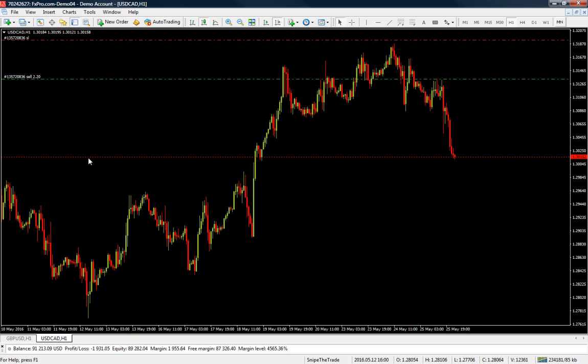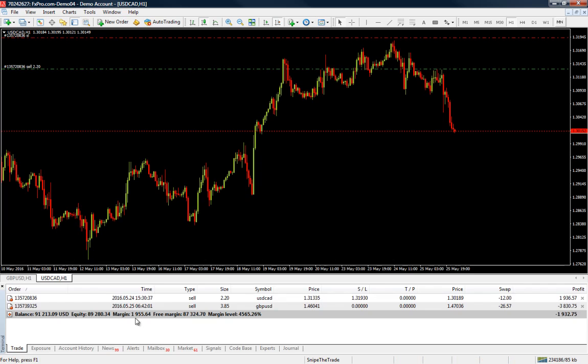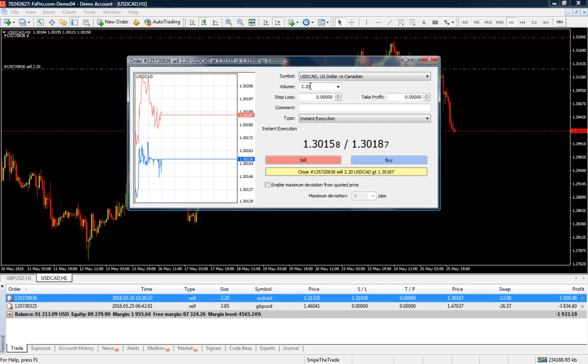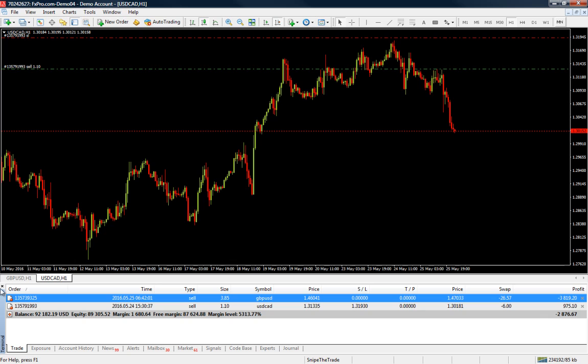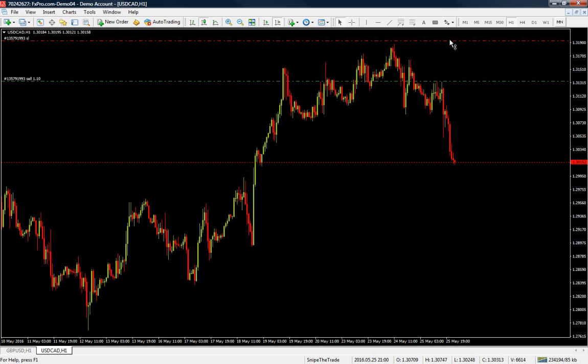actually are going to do the following. We are going to close half of our trade and we are going to let the rest ride. Now, first of all, we are going to go to the US dollar, Canadian dollar, and we are going to close 1.1 lots. All right. Now, this is going to put around $975 on our bank account, and we are going to move our stops